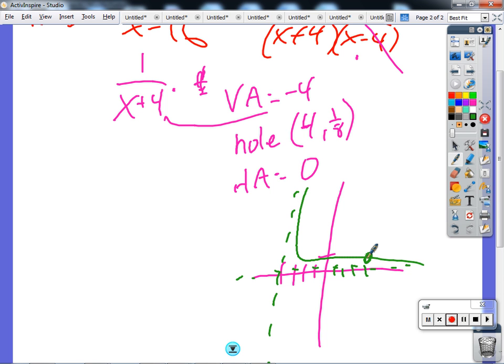Pick a number less than -4. -1,000,000, right? 1 over -1,000,000 plus 4, that's 1 over a negative number, which comes out to be negative. So therefore I have that. So as I come over here to my wabbit,